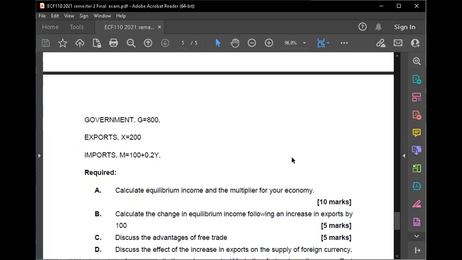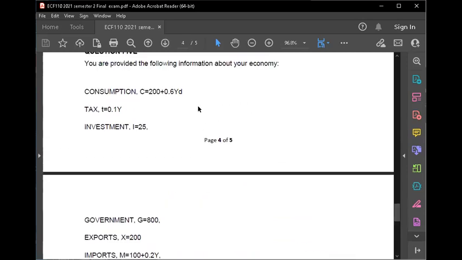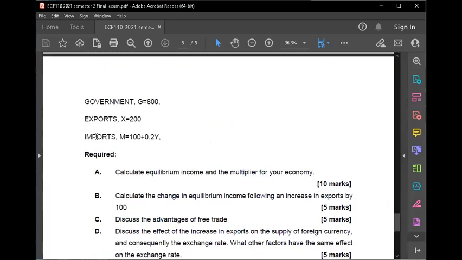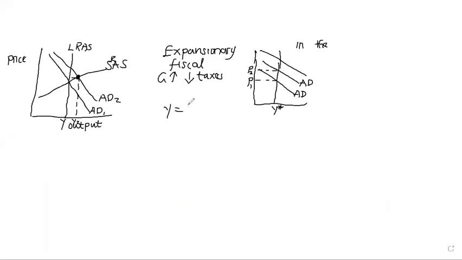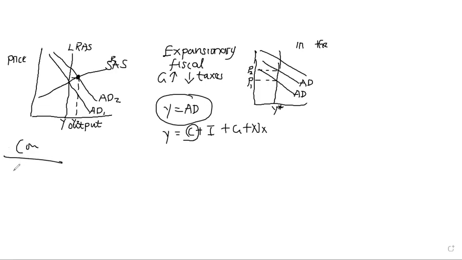So remember, if you're calculating equilibrium income, first break down the consumption function. After you break down the consumption function, you now also bring in the imports minus exports. You also simplify it. So you say 200 minus 100 minus 0.2. And after doing that, you can bring down everything together where you say Y is equal to, you know that at equilibrium, Y will be equal to AD. Y should be equal to AD, right? Then you bring in Y is equal to C plus I plus G plus NX. So you first work with the consumption function alone. So you write the consumption function, simplify it.